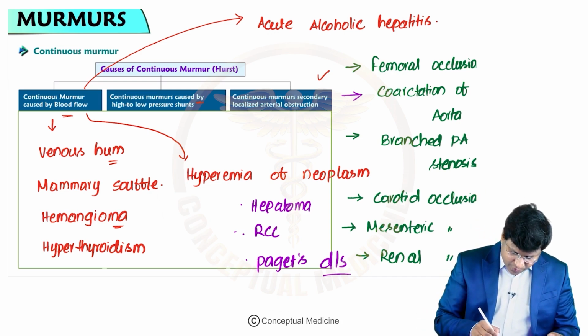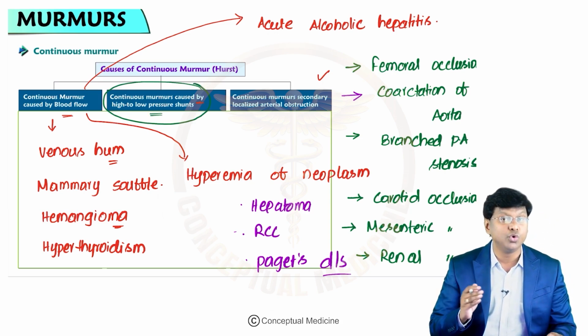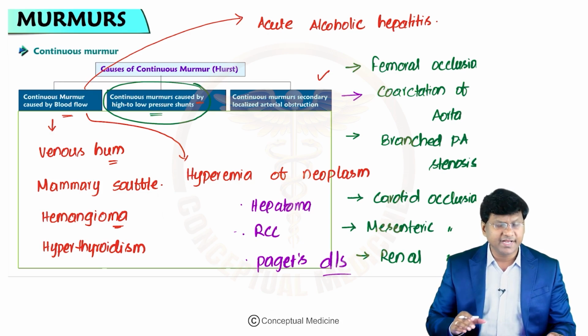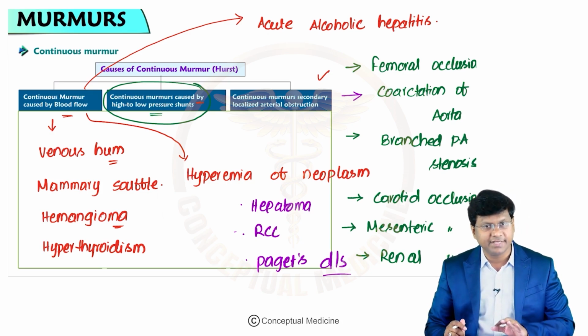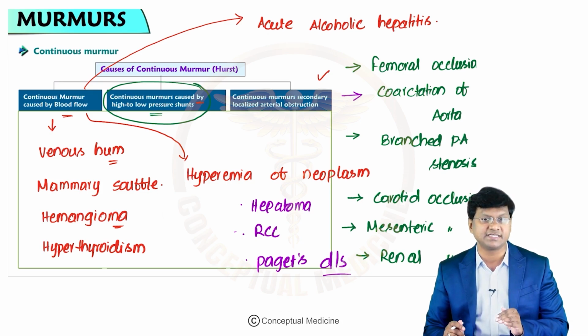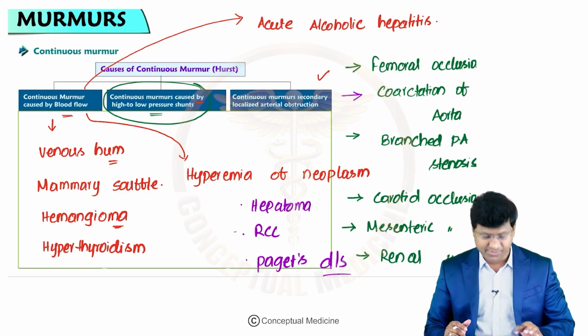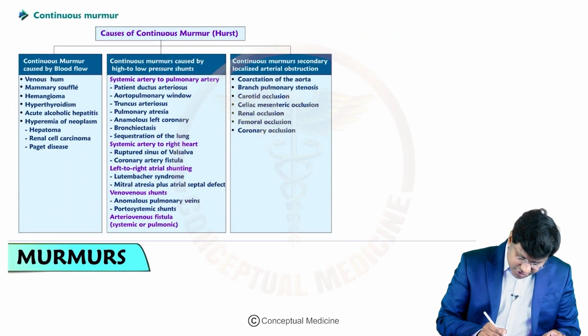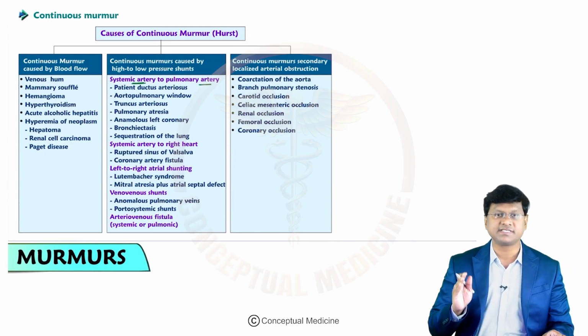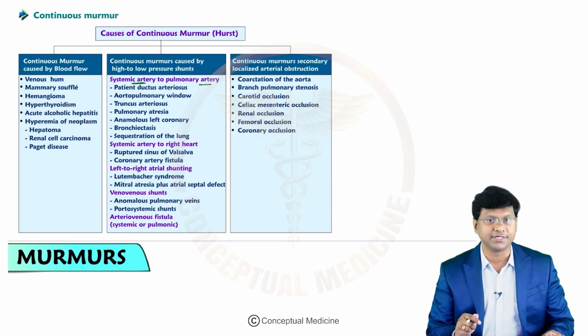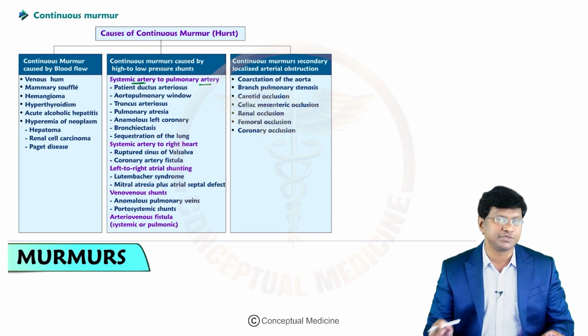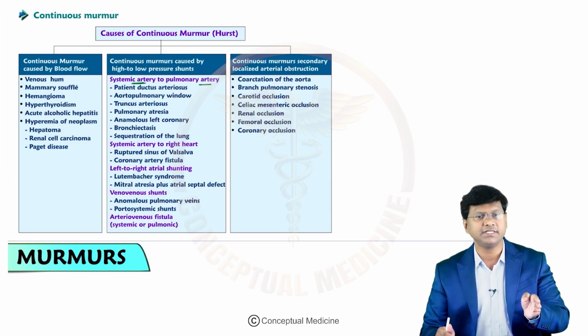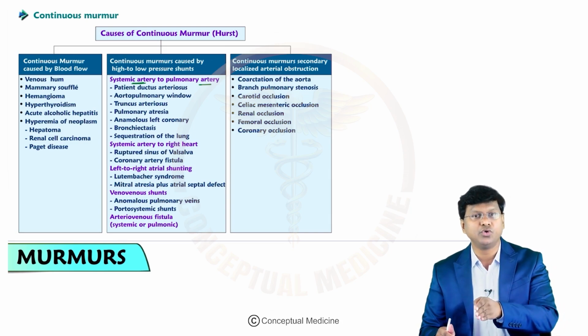Next, now you take the other scenario, continuous murmur caused by high to low pressure shunts. Now there are many clinical conditions. Let me just give you the examples because they can be asked as a multiple choice question in your exams. So first thing is continuous murmur caused by flow of the blood from systemic artery to the pulmonary artery. Systemic artery is your aorta. Pulmonary artery is a low pressure vessel. So the blood flow will be from the aorta, which is a high pressure vessel, to a low pressure vessel,